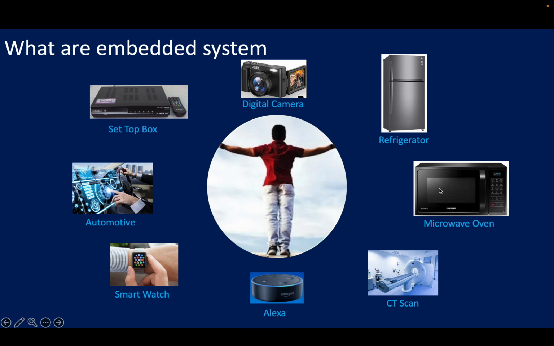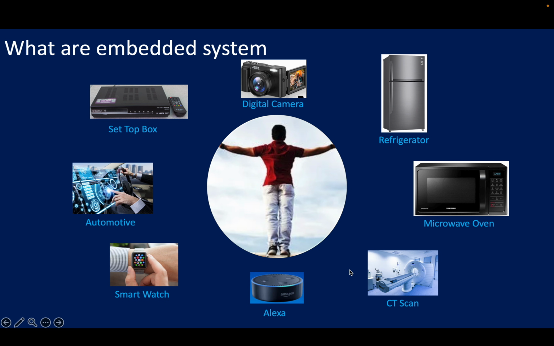See these products: microwave oven, Alexa, digital camera, your car infotainment system, and all other products shown here are embedded systems. From consumer electronics and industrial machines to healthcare devices and automobiles, embedded systems are everywhere, silently making technology smarter